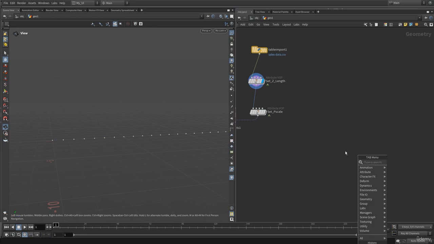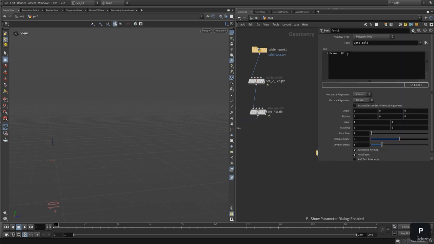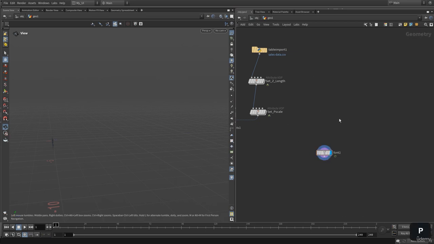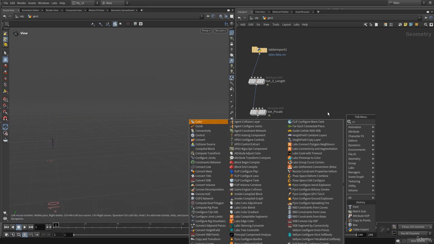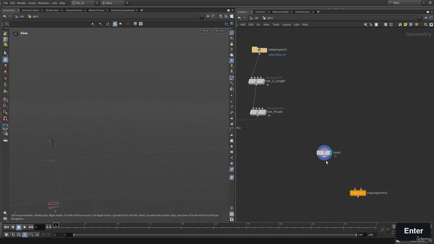Okay, so in here we can create a font, and onto the font we can import this information to visualize. Okay, and first we need to add a copy to points node,